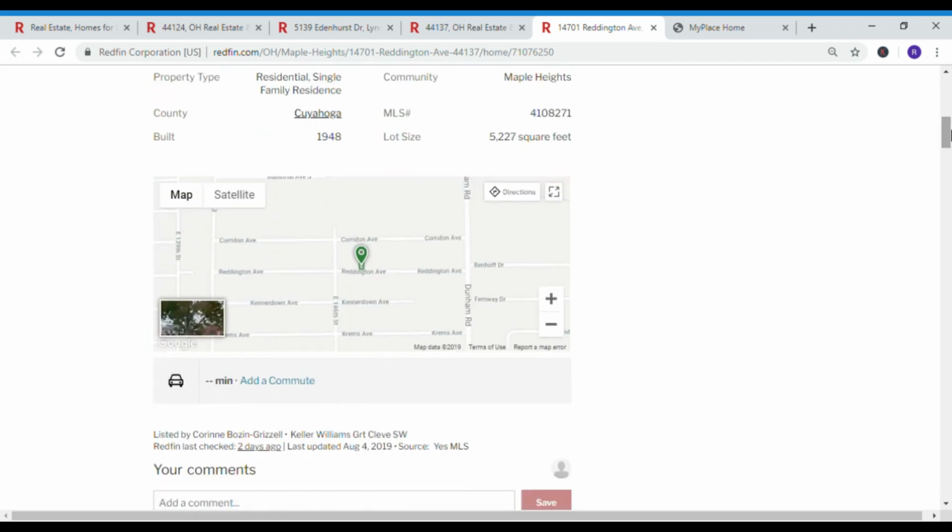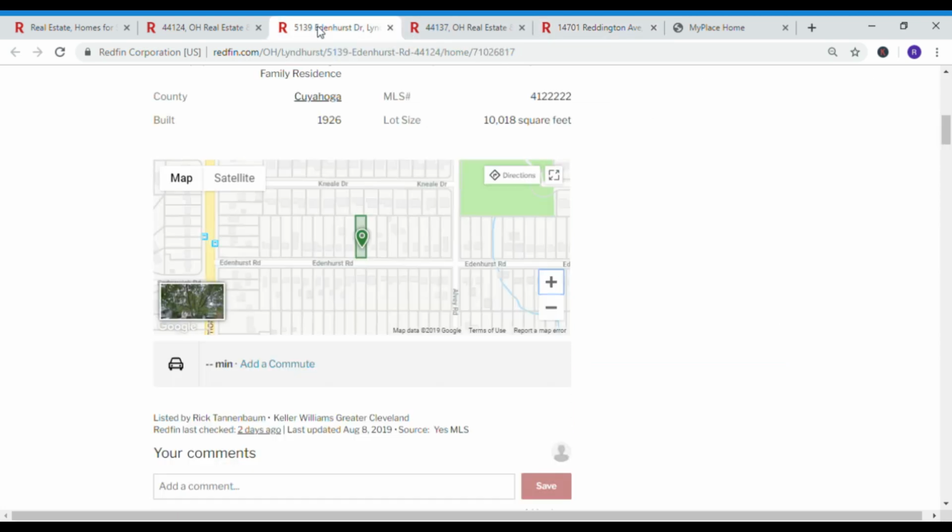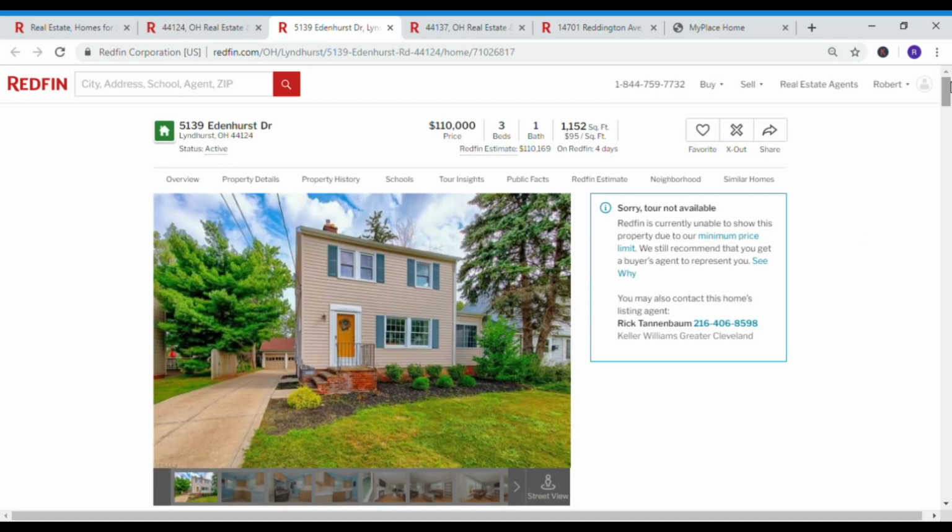So it doesn't seem unreasonable to project that these values could be back in that same neighborhood of around $100,000 or maybe a bit higher pretty soon. My point in showing these two example properties isn't to say these particular houses are or are not good investment opportunities. Obviously, before purchasing any real estate, it's really important to conduct your own due diligence. But I just wanted to share these as examples to show how there's pretty strong price upside potential in the Cleveland market, with lots of properties that are still selling below, significantly below in some cases, their 2005, 2006 peak